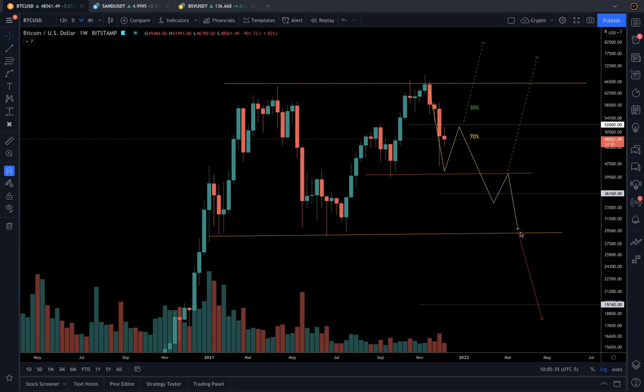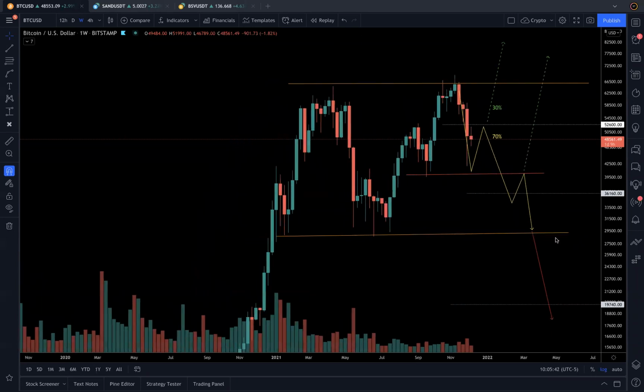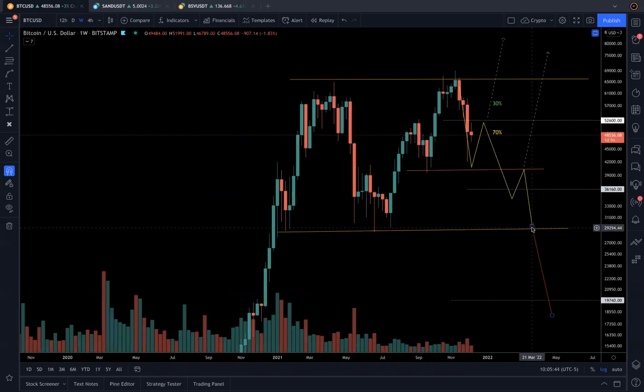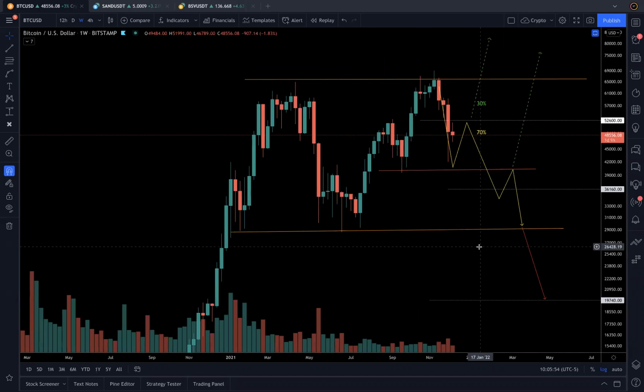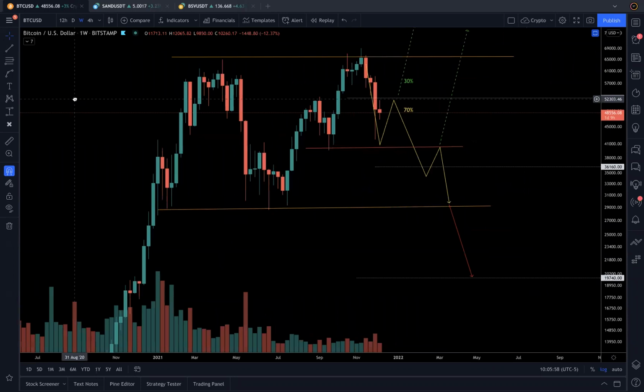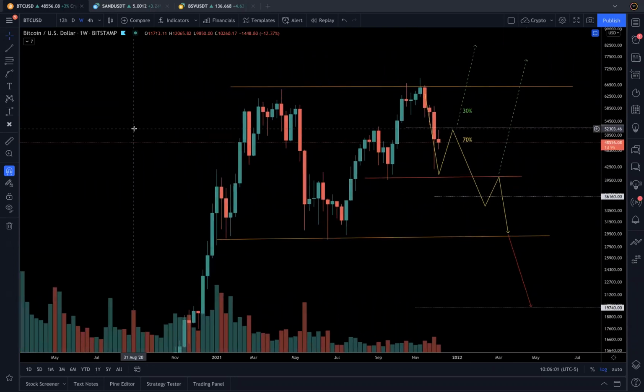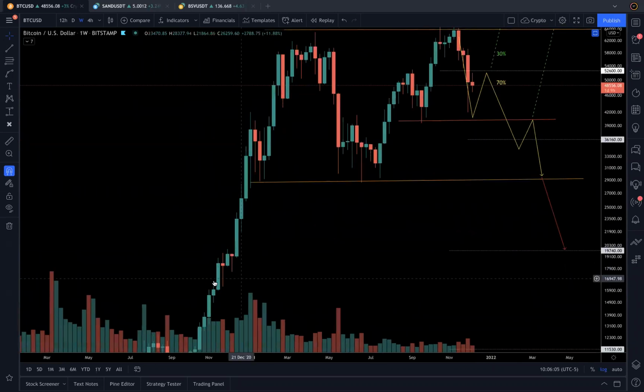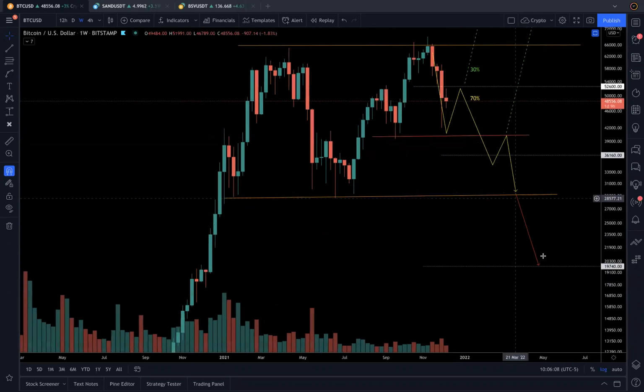But if it comes down to this, I'm not drawing any green dotted line. Technically, it could, but I am not, because I don't think if it comes down to this level, it can survive, because then I'm expecting it to hit the 19k or 20k range if this 29 is taken out. Because it doesn't make sense. This pattern is called a rectangle pattern. You can search it up on the internet. This is called a rectangle pattern, where this is the entry and this is the exit.